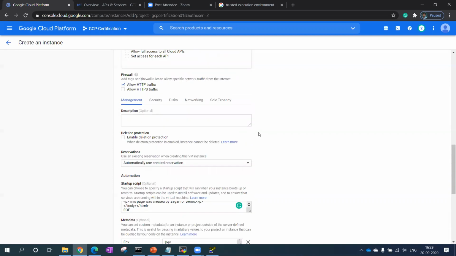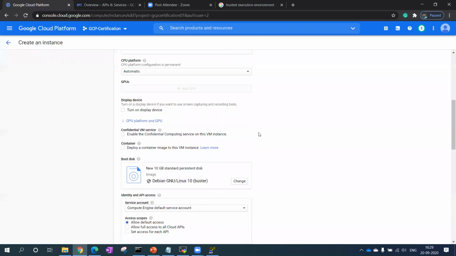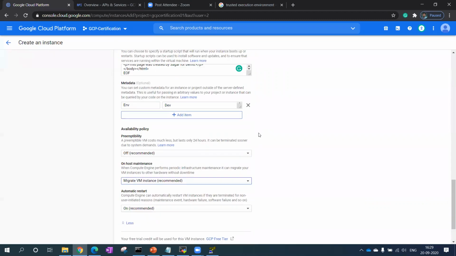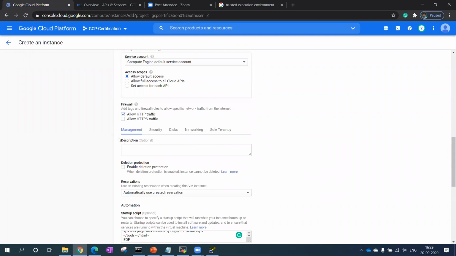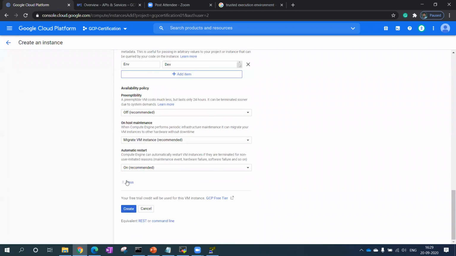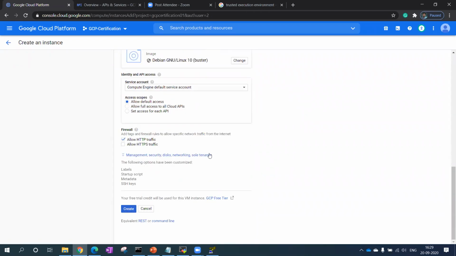Any questions, guys, regarding these features? Any open questions, please let me know. I'm going to create this now. Okay, I take it there's no question. What I'm telling you is not something I have to do every time. I can directly click on create also, and my VM will get created. This is an additional feature I'm telling you because it is very important for the long term. Now I'm going to create my VM.